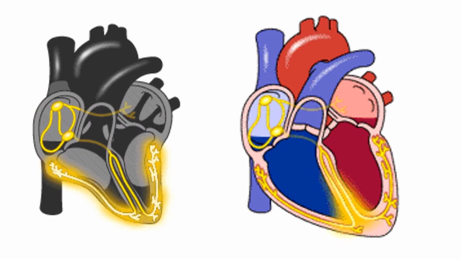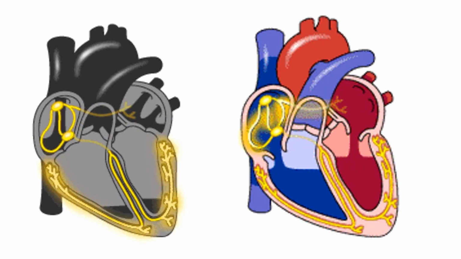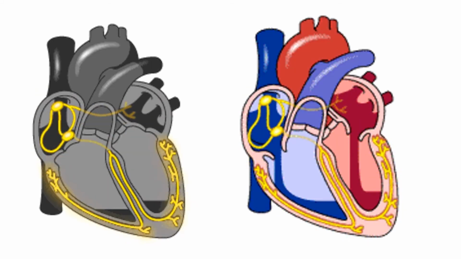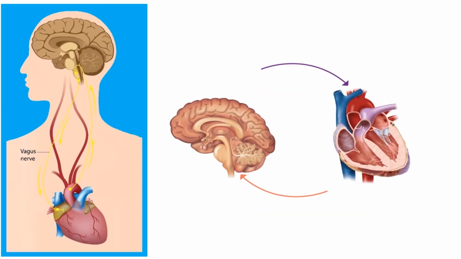This delayed propagation causes the ventricular chamber to be filled with the blood ejected from the atrium. Though the heart is capable of generating its own electrical stimulation, its rhythm can be altered by the central nervous system. More specifically, the 10th cranial nerve called vagus nerve, innervated from the brain to the heart, can alter both the number of beats per minute and also its intensity, that is, force of contraction.